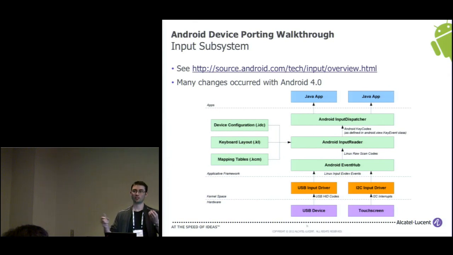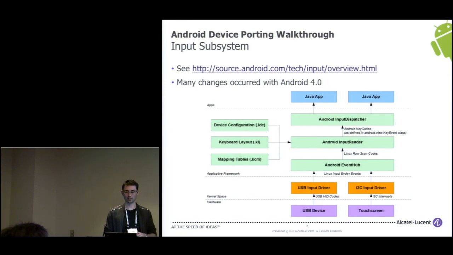which fetches all the evdev raw scan codes from the Linux drivers, and then they forward these scan codes to another Android service, which is the input reader. And the input reader is one important thing because it takes the different raw scan codes from Linux drivers, and it also has to map them with three different kinds of files from the user space, which are the device configuration files, .idc, the key layout, and the key character map table.